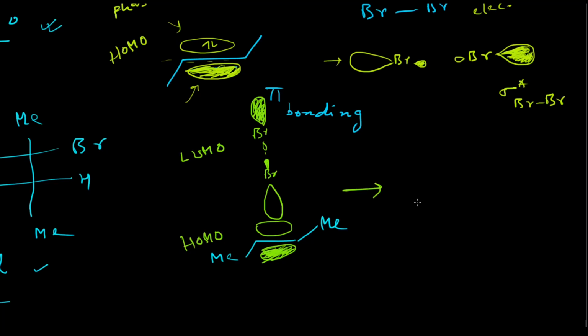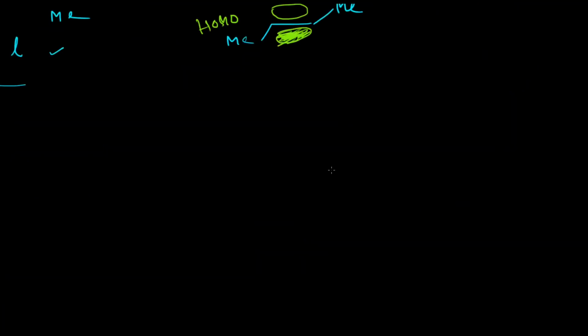And after that, our desired cyclobromonium ion will form. One more interesting aspect of the cyclobromonium ion is that the octet of this bromine atom is fulfilled. If you consider the outer electronic configuration, then this bromine atom contains a total of 8 electrons in its outermost shell. These two lone pairs contribute 4 electrons and these two bond pairs also contribute 4, so a total of 8 electrons are there, and that's why